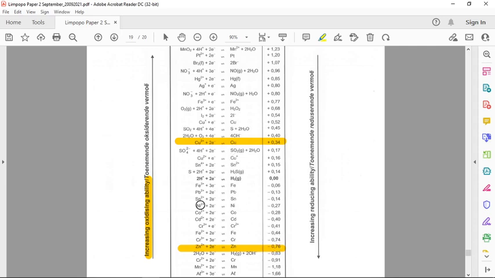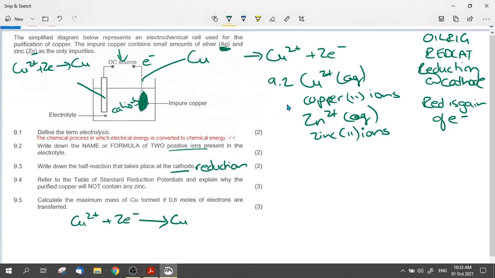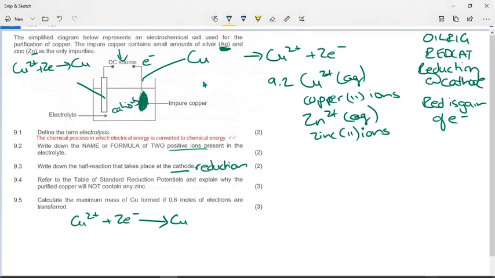But in terms of answering the question, look at these arrows on the side here. What does this arrow say? It says increasing oxidizing ability, and this one goes increasing reducing ability. So what has got a stronger oxidizing ability? Cu2+. What has got a weaker oxidizing ability? Zn2+. So to go back to answer the question, when it says refer to the table of standard electrode